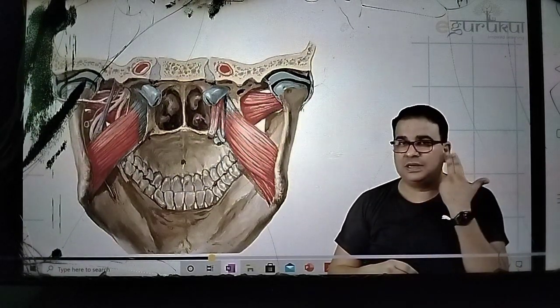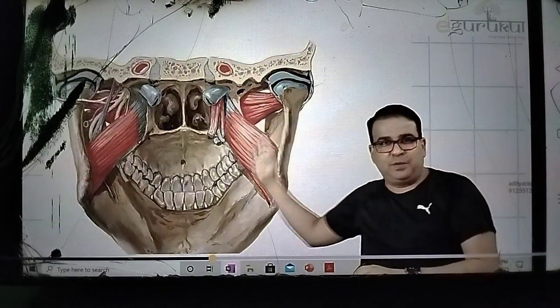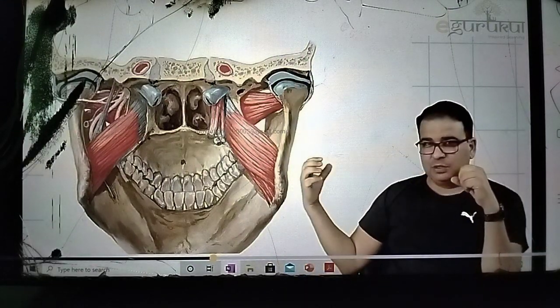So this deviation is by what muscle? It is done by the left lateral pterygoid as well as the medial pterygoid. They contract and take the entire mandible to the other side. So that's one important thing about the pterygoid muscle that you can appreciate from this picture only, that they have